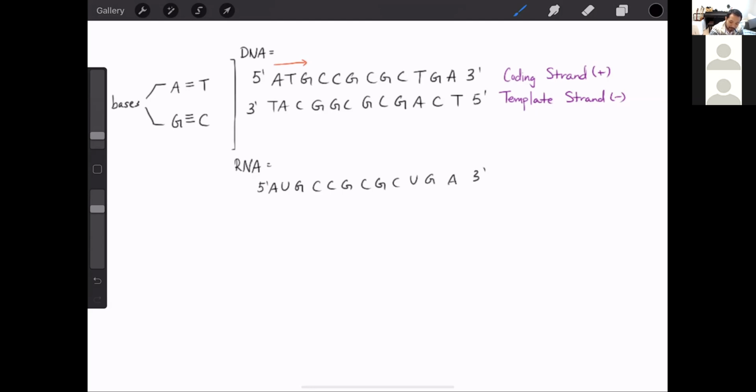So you can see that this RNA is a copy of this DNA right here, except we're switching up some letters, like T for U, and of course the ribose sugar here is a little bit different. We don't have a deoxyribose sugar, but that's fine. And this process right here, called transcription, happens as a result of a fairly complex mechanism